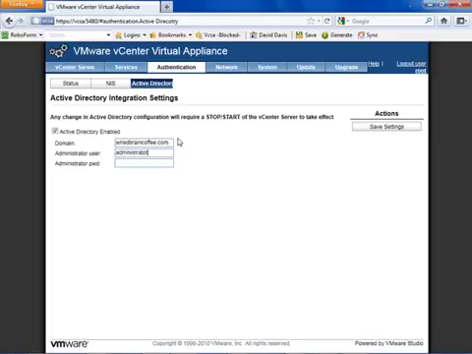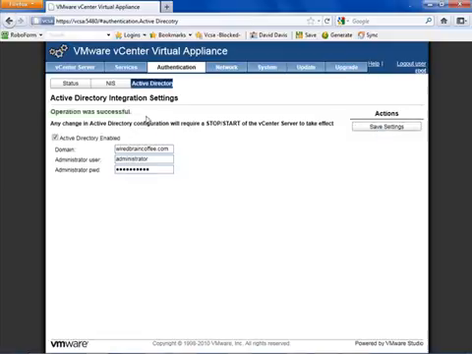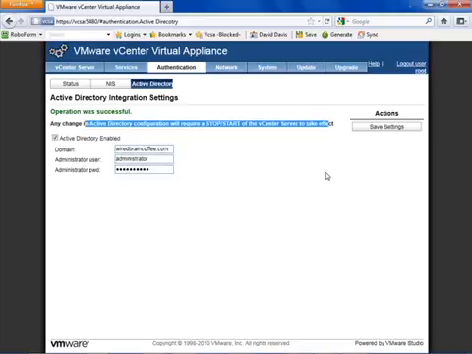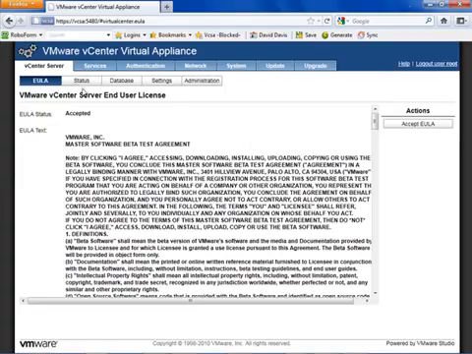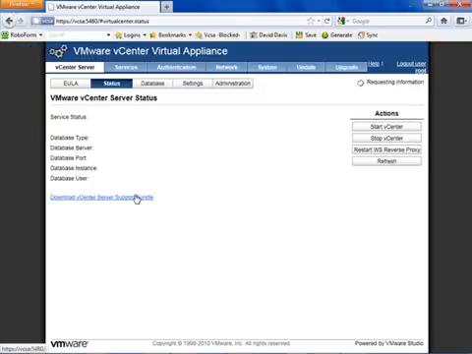In my case, it's the wiredbraincoffeecompany.com, and then the administrator username and password. I'll click Save Settings here. It tells us the operation was successful, and then any change to the Active Directory configuration requires the stop and start of the vCenter server to take effect. Now I'm going to be doing a full reboot here in just a second, but first I want to go over to the vCenter server tab again, and then go into the status,